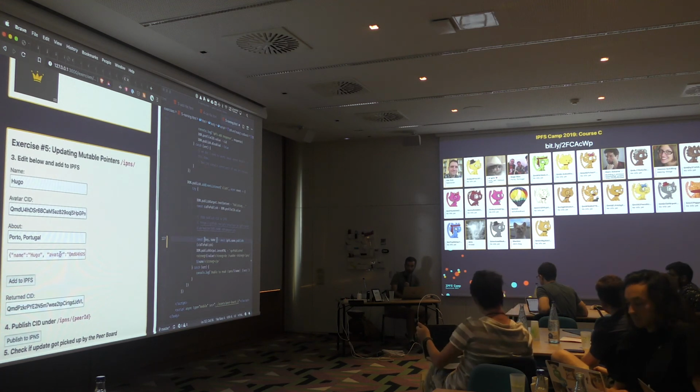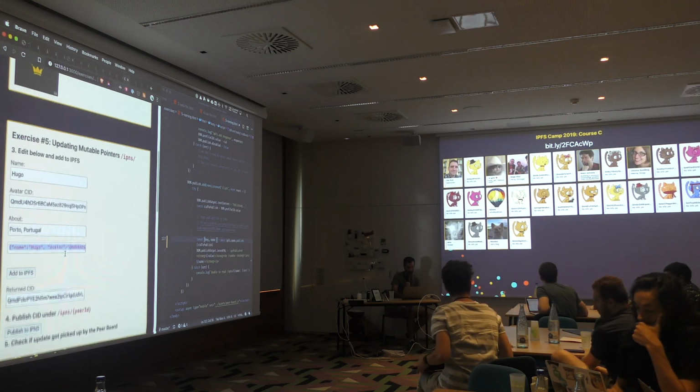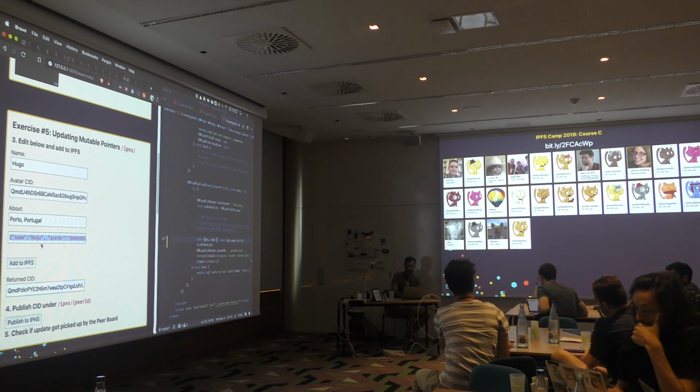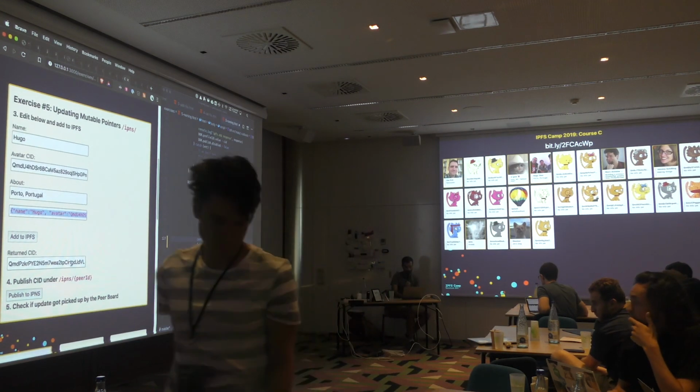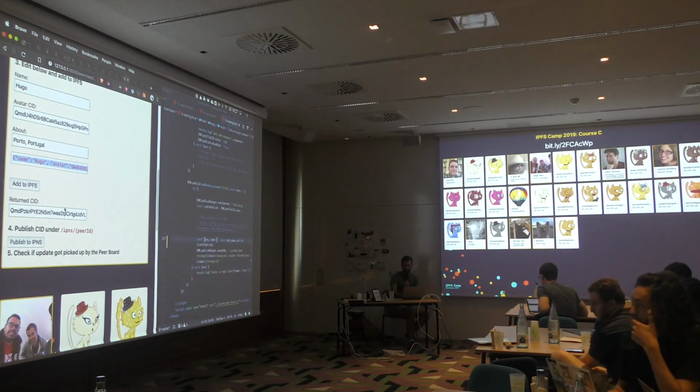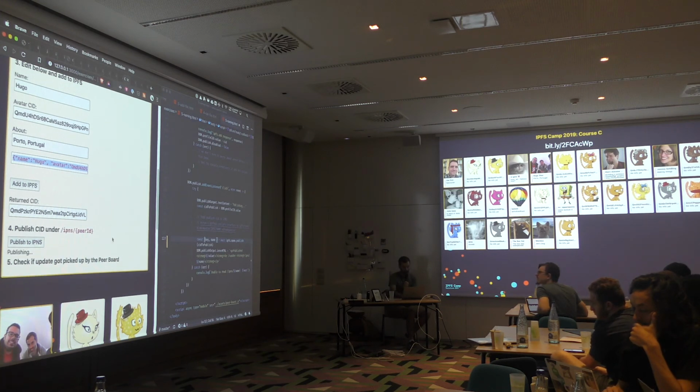As you can see, the JSON here is the data we are adding to IPFS. And now we get the CID for that data. The CID we don't need to copy paste anywhere, it's hooked up already. We just need to click the publish button. And then hopefully, if we manage to publish,